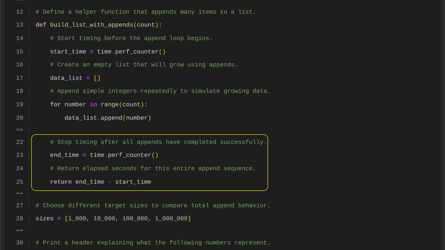After all the append operations are complete, we stop the timer using a high-precision performance counter to record the end time. We then subtract the recorded start time from this end time to find how long the appends took. The result is the total elapsed time in seconds for the entire append process, which we return as the final